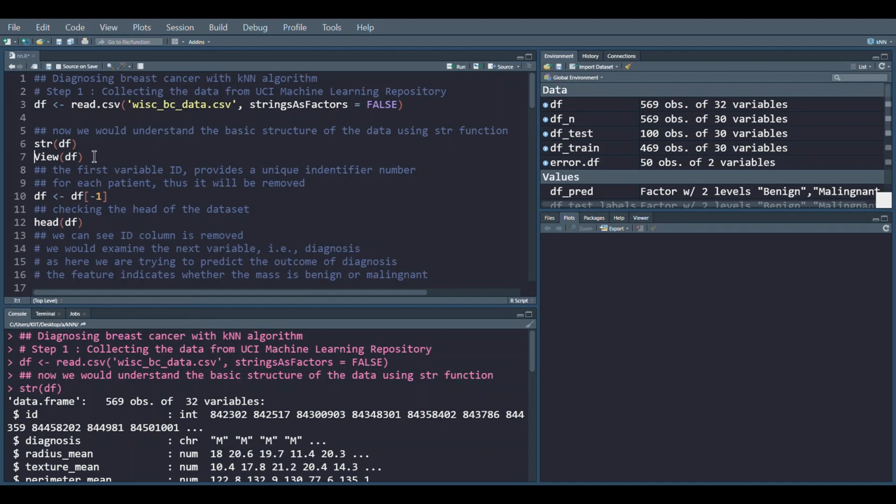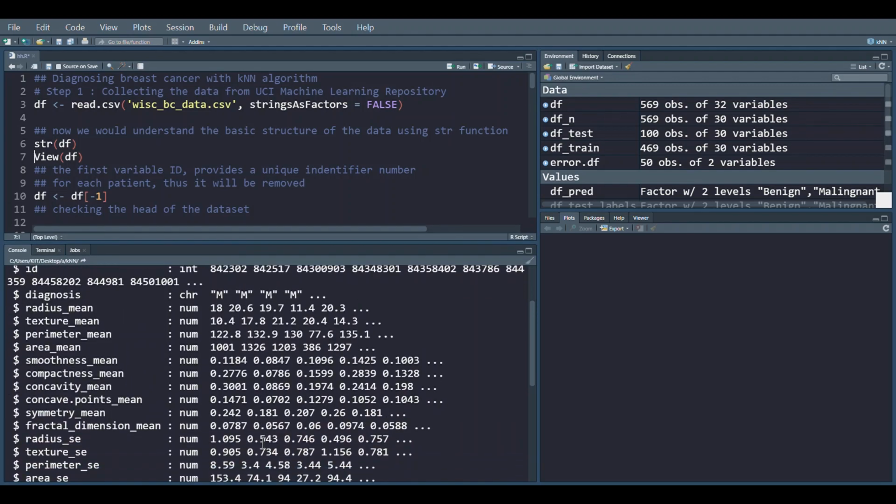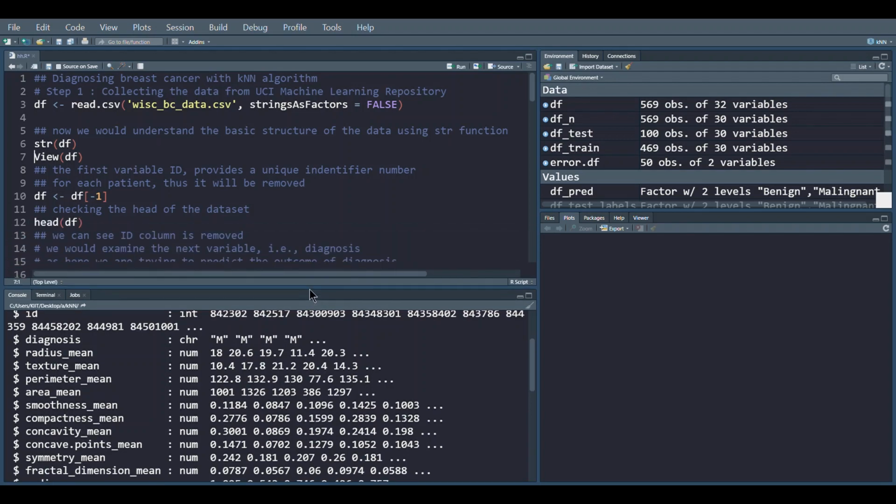If you are a medical professional, you can obviously go through the dataset and decide whether the lump which has been found could be a potential cancer or not.